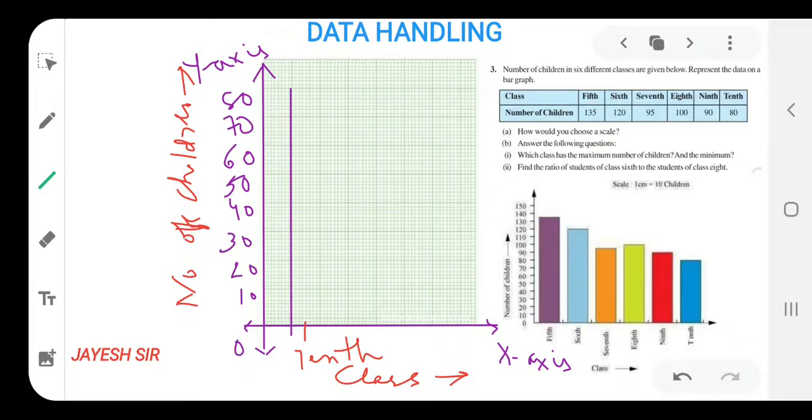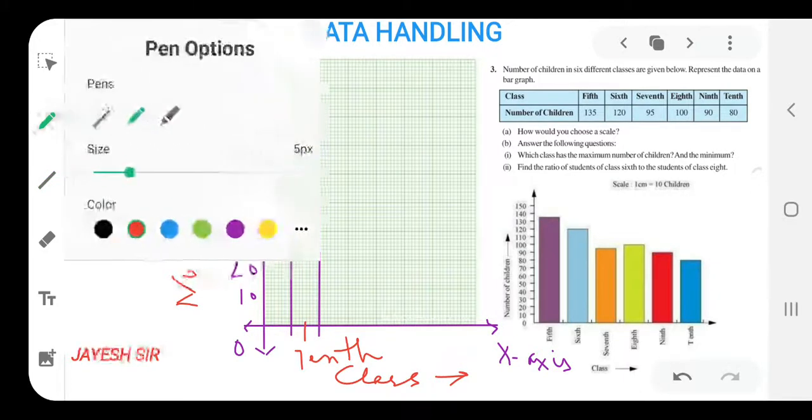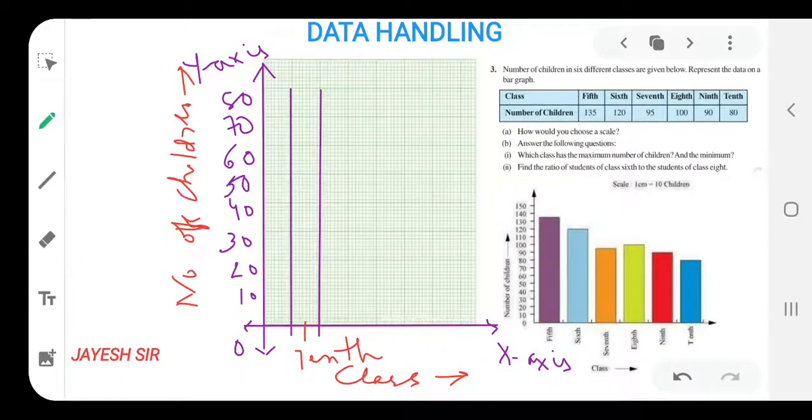Yes, till this point. Now again from this point to this point. Now afterwards what we are supposed to do, we'll just make and join them. So this is the graph that will indicate that 80 students are there. Similarly for 90 also we can do.